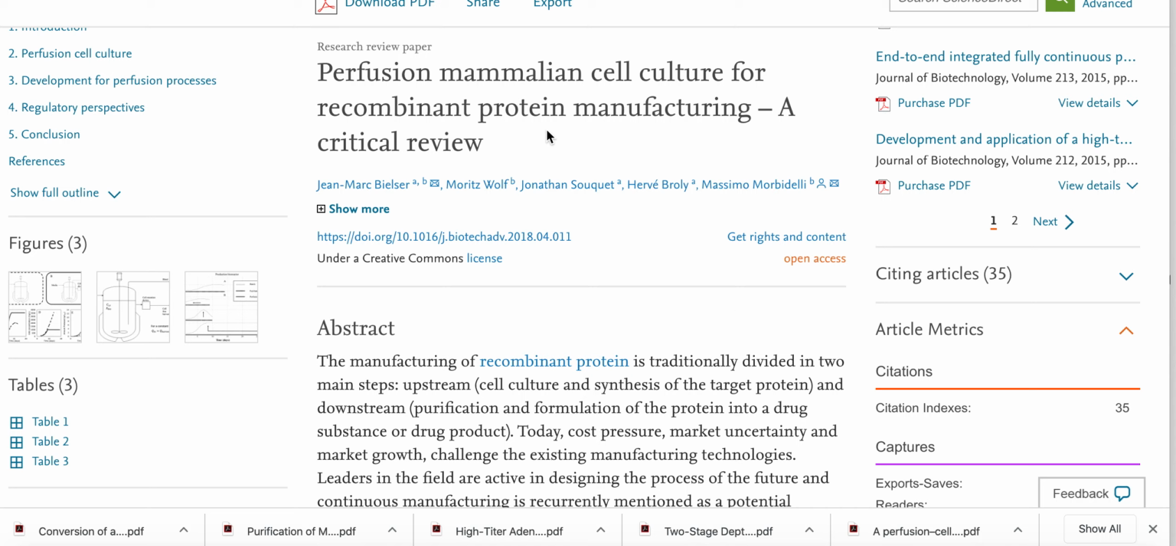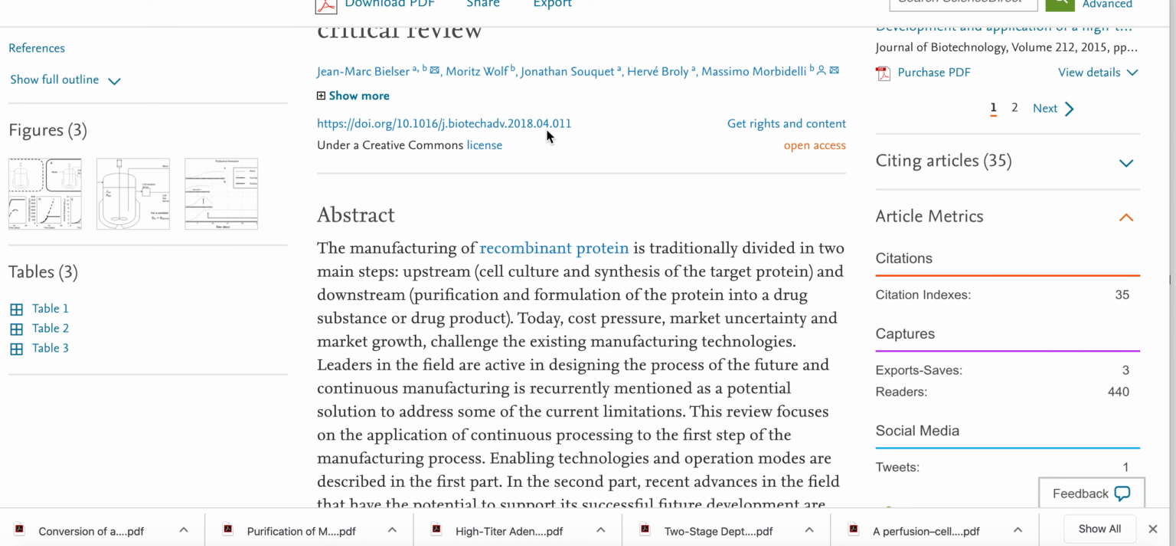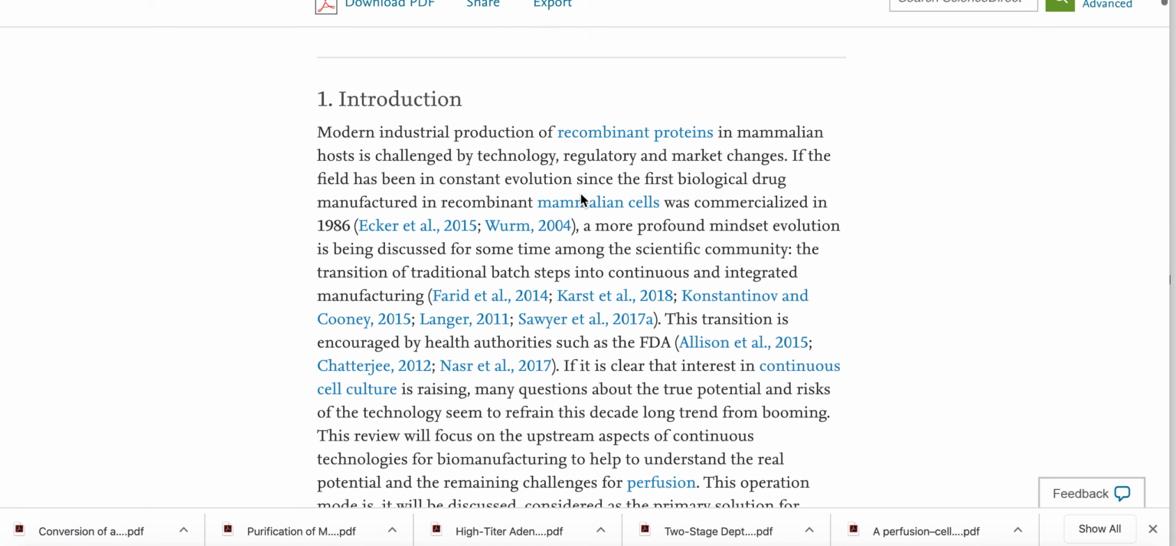So I'm going through perfusion, mammalian cell culture for recombinant protein manufacturing. The manufacturing,